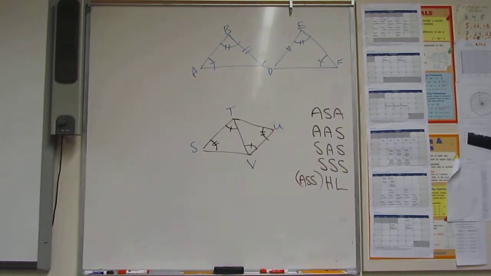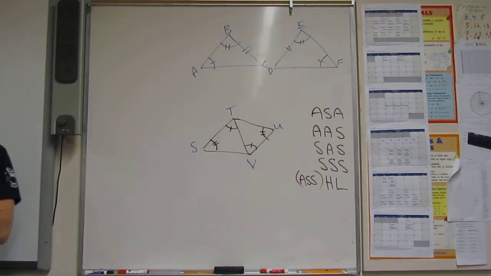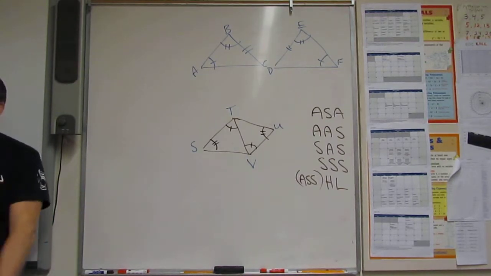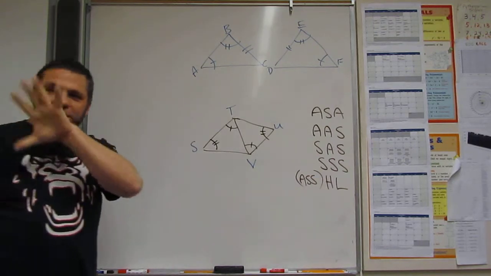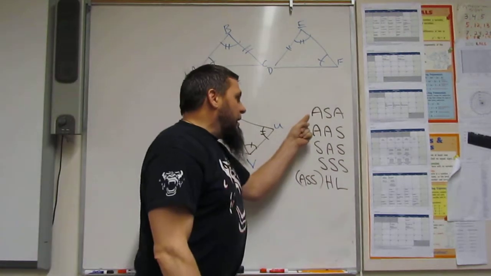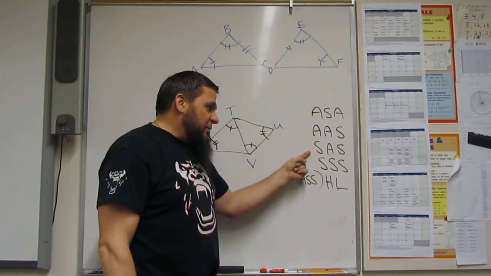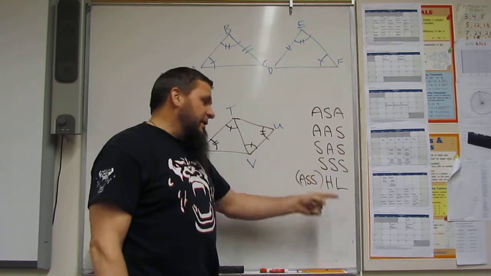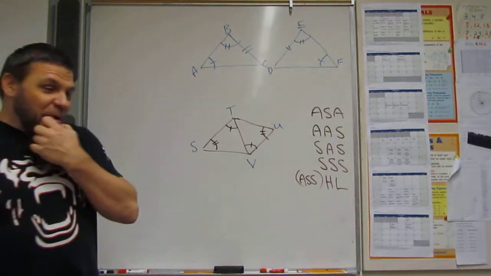Alright, so let's talk about these congruent triangles again. Guys, congruent triangles. We need the 5 pieces. They should be in your notes. Angle, side, angle; angle, angle, side; side, angle, side; side, side, side; and HL, meaning hypotenuse leg, or another name,